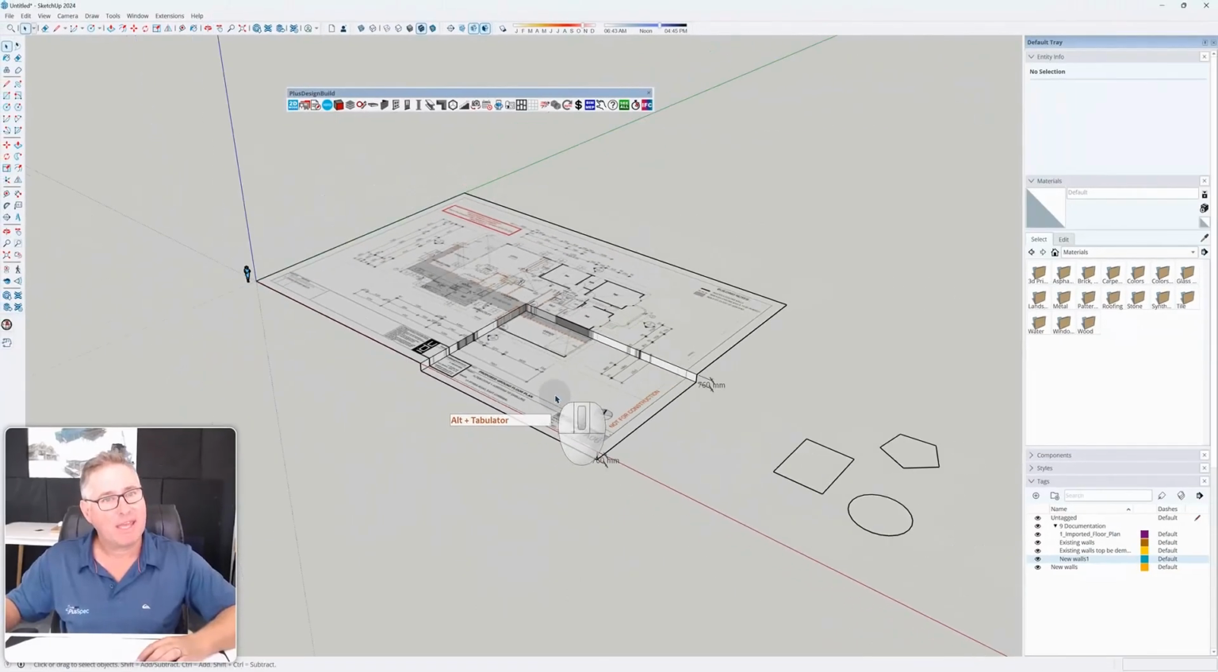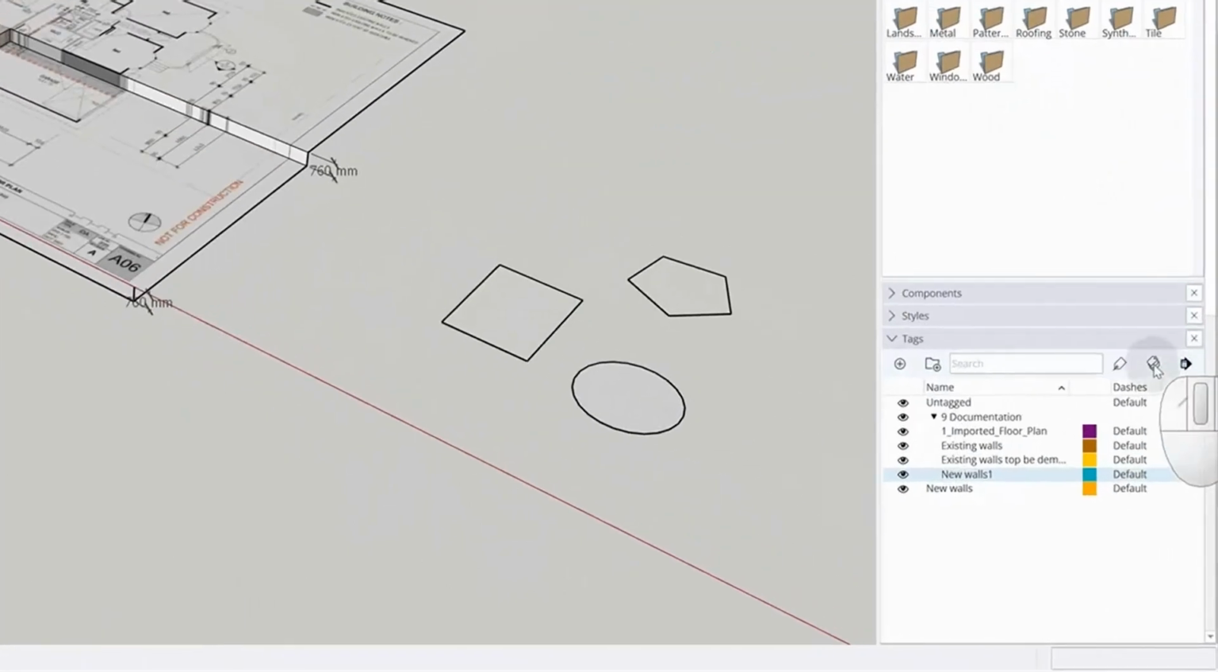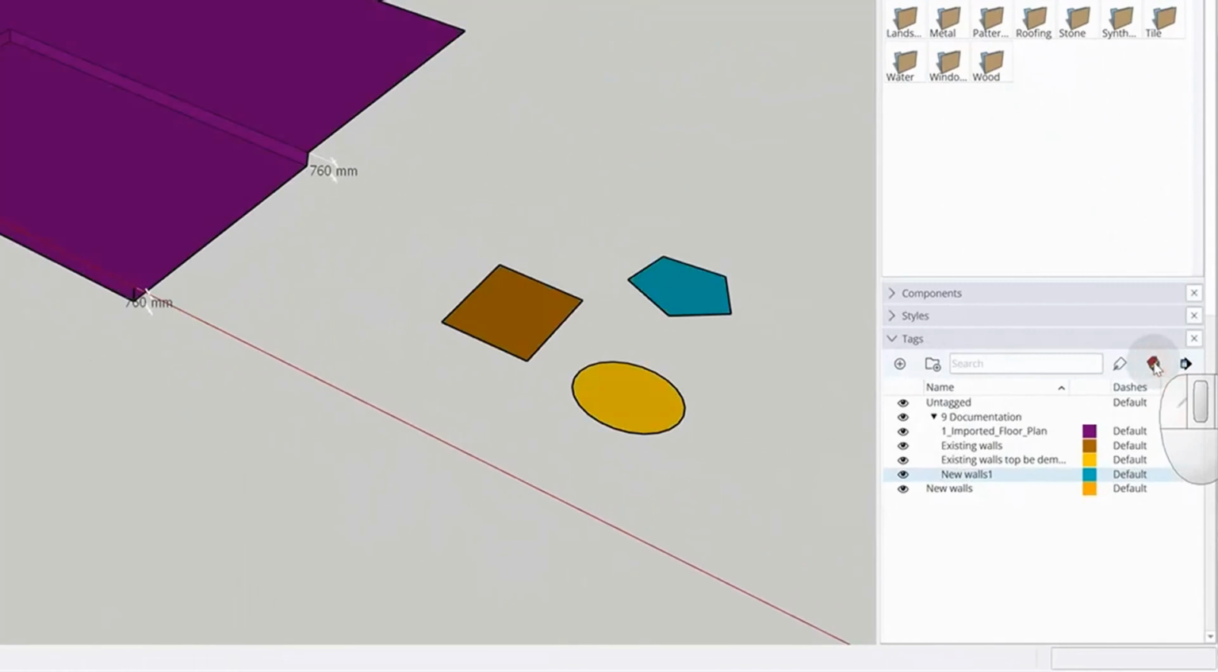But there's one other thing: how did I actually get the different colors in the lines? The answer is that if I click here on my color by tag, or it used to be called color by layer in my older versions of SketchUp, I think pre-2017, color by tag and color by layer really quickly enable me to